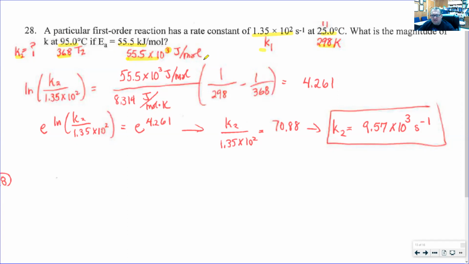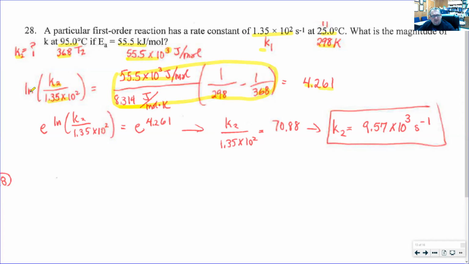So this is the Arrhenius equation, and we're solving it for what is K2. So we put in the value for K1, we put in the activation energy, we put in the gas constant R, or the thermodynamic constant R. We put our temperatures in for what they are in terms of T1 in Kelvin, T2 in Kelvin, and everything on the right. So all of this stuff multiplies and divides to be 4.216.